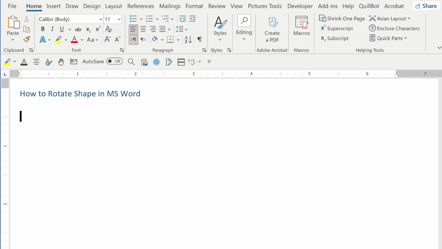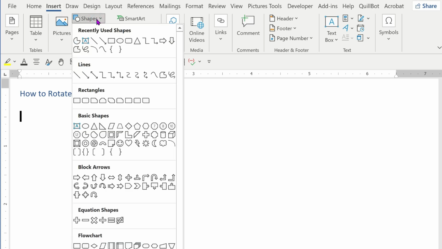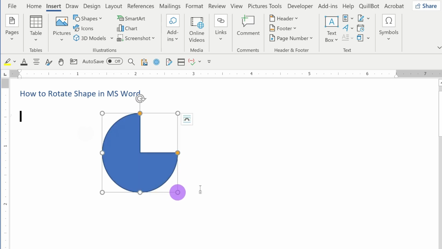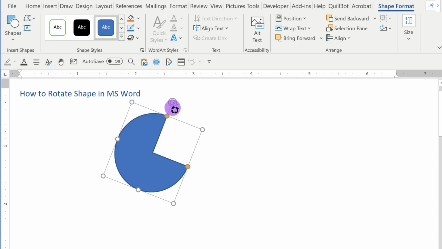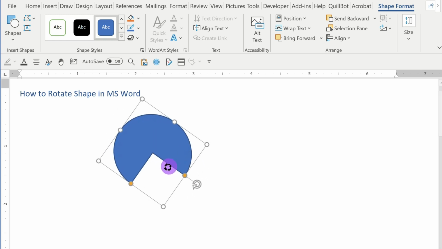For this, you need to click on the shape you want to rotate. For this, you need to go to Insert, click on Shapes, and draw the shape. Now you can see the circular arrow icon popping up at the very top center of the shape. Here it is. Click and hold that circular arrow and then move the mouse left or right to spin the shape